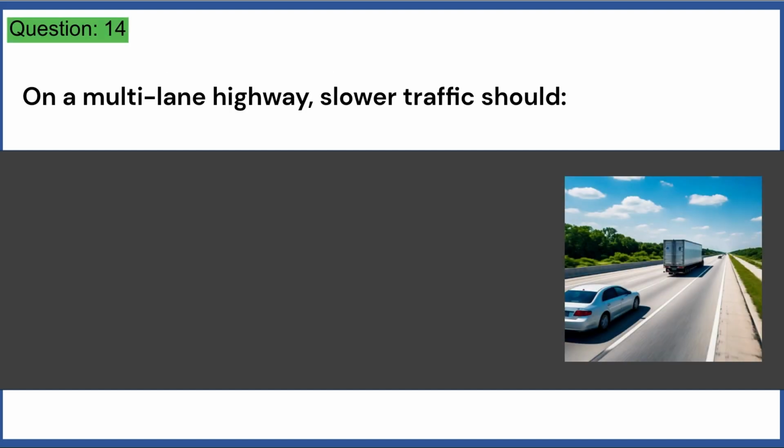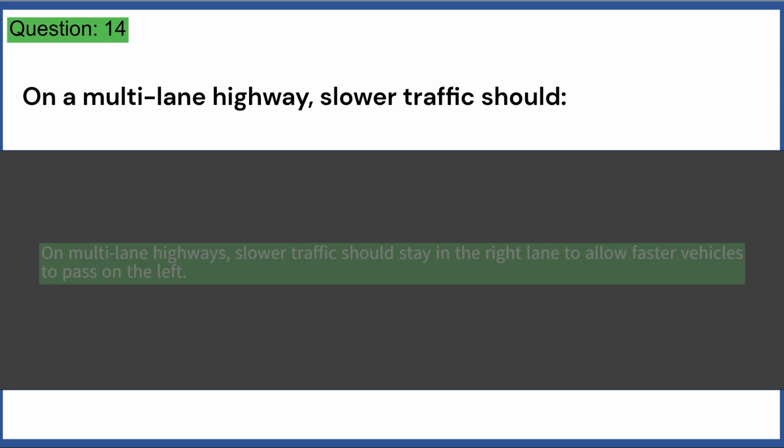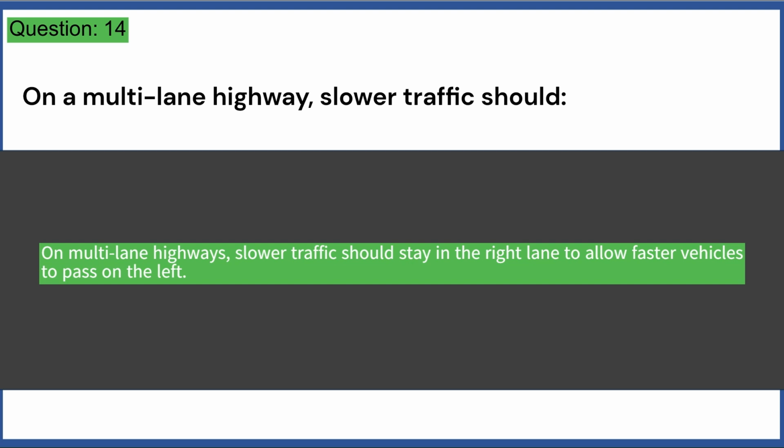On a multi-lane highway, slower traffic should: A. Stay in the right lane. B. Stay in the left lane. C. Use any lane as long as the speed limit is maintained. D. Use the center lane. Answer: A. On multi-lane highways, slower traffic should stay in the right lane to allow faster vehicles to pass on